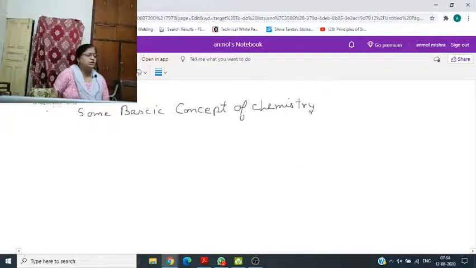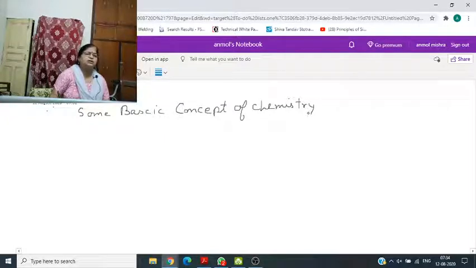Now there was Avogadro's hypothesis. It states that equal volumes of all gases under similar conditions of temperature and pressure contain an equal number of moles of gases. So from there,